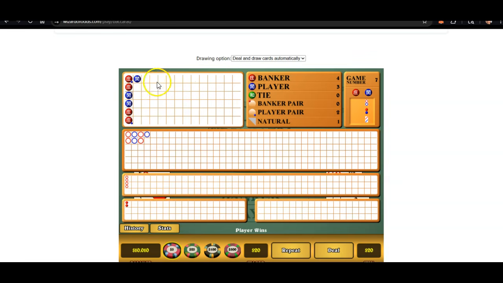I said there was other triggers. So some people will use the trigger, and this is just going down the hole a little bit further. They'll use the first row. And if the player didn't show up here, right, that's the trigger to bet the player on the next one. But sometimes they'll use another trigger. They will literally wait for there to be not just the first one here being a banker, but an imbalance on this first one. So we have the imbalance here, right? There's 4 bankers and 2 players. So I would have bet here.